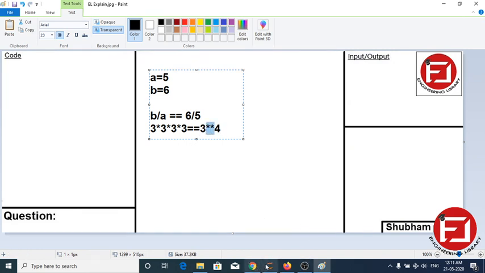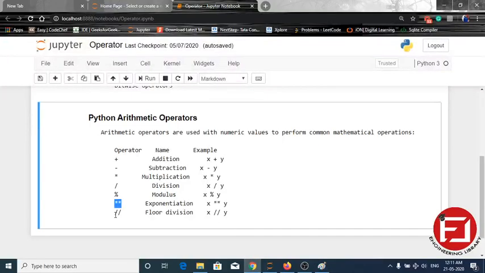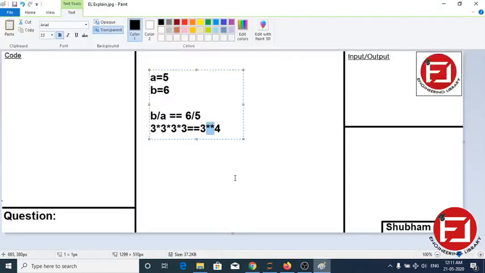And this double slash means floor division. If we do this, then it will return an integer value. In this case, if we use floor division, 6 divided by 5 returns the quotient value. In the general case it will return 1.2.